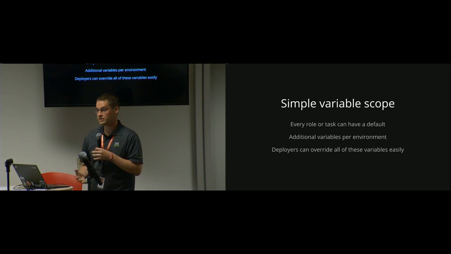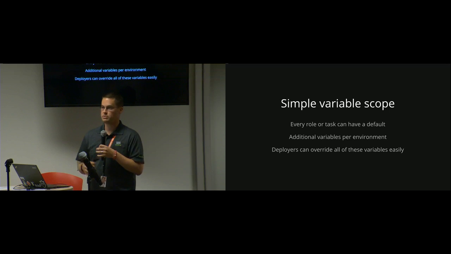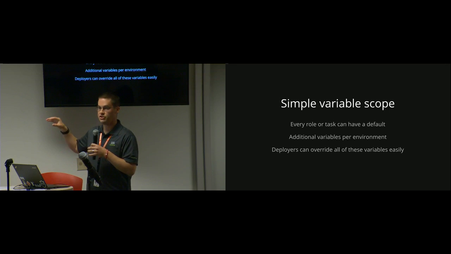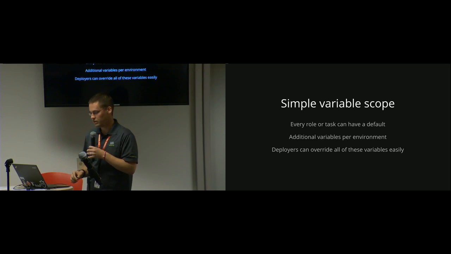So every role or task can have a default. You can go in there and say, hey, on this system, we need to have a package called Apache. And then you can go and say, okay, but wait a minute, in this particular environment, it's CentOS. And so we don't call it Apache 2, we call it HTTPD. And then later on, a deployer can show up and say, hey, I know what it's called in all these OSs, but my company builds their own version of Apache and it's called something else because it has some special component. So here's the name that you want to have. So overriding these variables is very easy, and the scope is very easy to figure out all the way through.